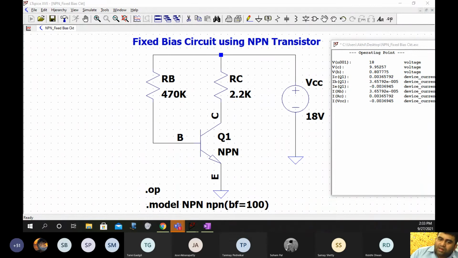So now, are you getting how to do this? If you see our last 5 labs, you have learned the dot measure command, the dot op command, the dot dc command, and the dot tran command to see the transient characteristics. Now as we progress, we will make extensive use of these commands. This is just the start, but now we will do slightly higher level use of these commands.